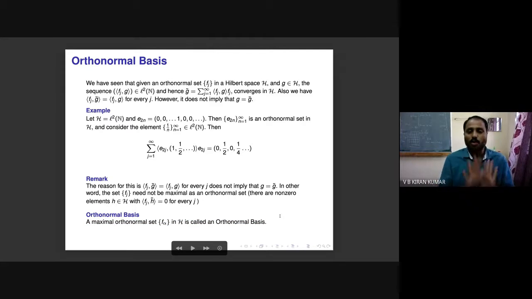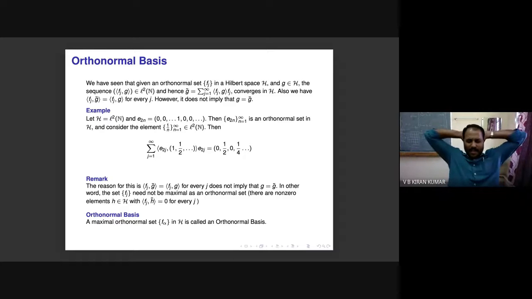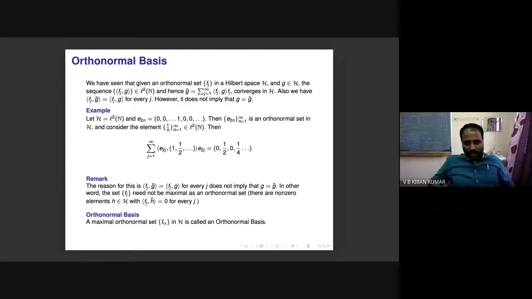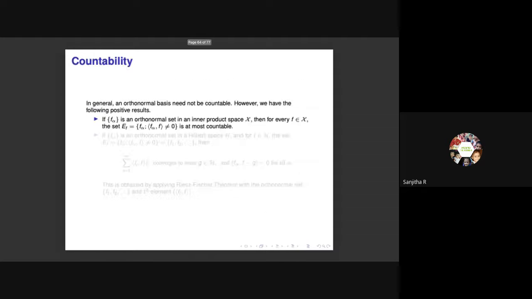So I introduced orthonormal basis. Is that clear to all of you? What is an orthonormal basis? This is the third kind of basis I introduced here. Initially I introduced normal basis, then Schauder basis, now today orthonormal basis. Now can you tell me if there is any question? I'm coming to the end of the discussion. So now just tell me, are you convinced with the definition? It is a maximal orthonormal set. Okay? Is that okay? Yes, sir. It's okay.